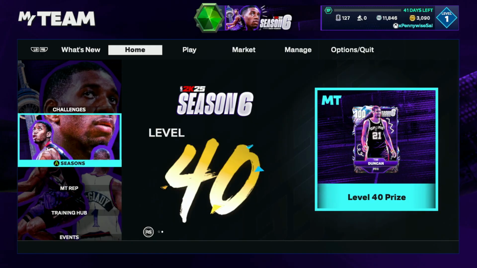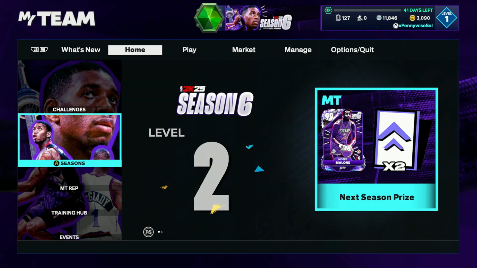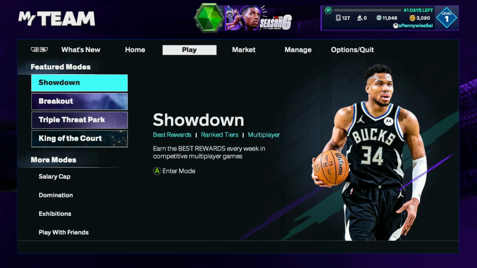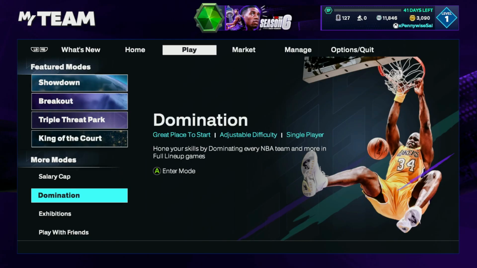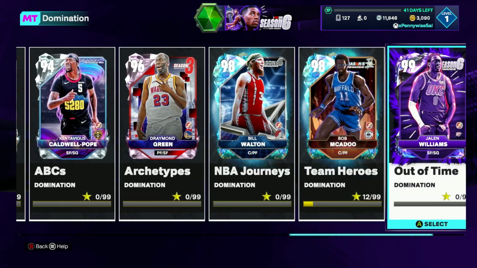season number 6. Now, if you don't want to spend any money, this is where I'm going to talk about, if you don't want to go down the Pro Pass pathway, which in my personal opinion is the best thing to do. But obviously I understand people don't want to spend money on this game. So if you don't want to spend money, what I would do is probably get into domination, because I tallied